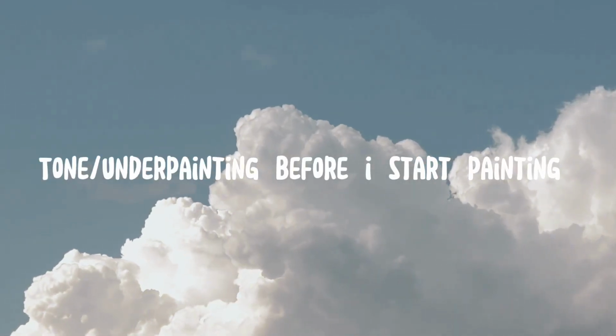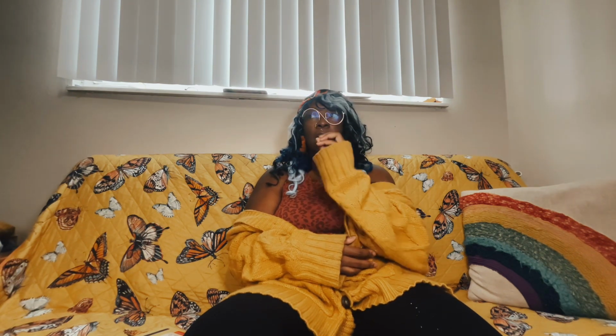My next thing that I feel like has definitely made my portraits and my pieces in general have a better quality is having an underpainting or toning my canvas before I start. I feel like this also makes a good gradient. Just because it looks like the paint has gone through and covered the whole canvas, sometimes it doesn't, and there will be cracks amongst the paint that didn't absorb all the way, and through those cracks the underpainting will show. I love color theory, so I try to use the opposite color tones from what